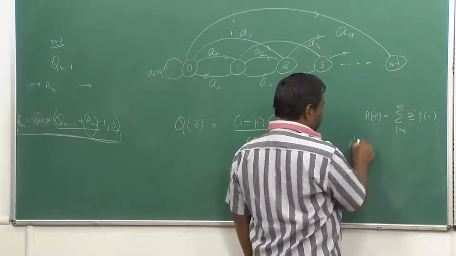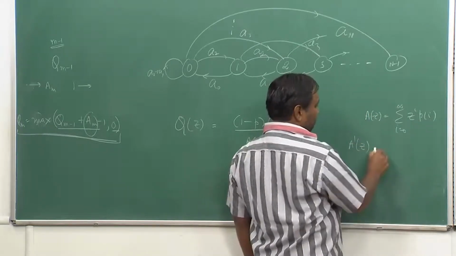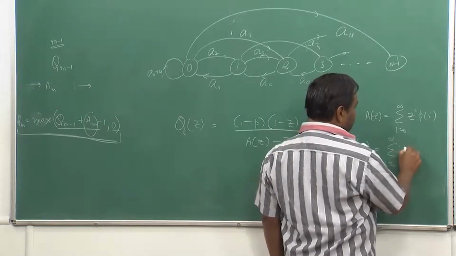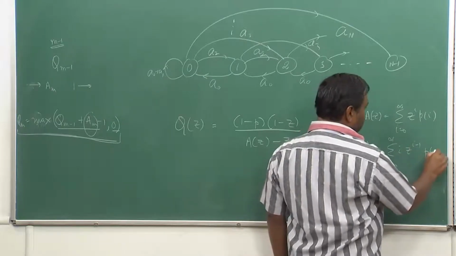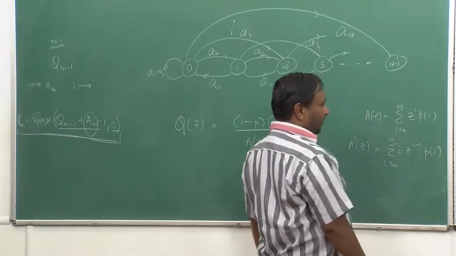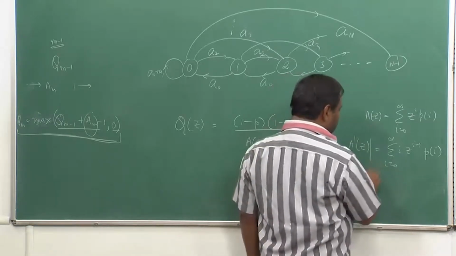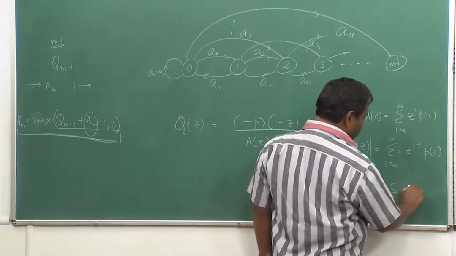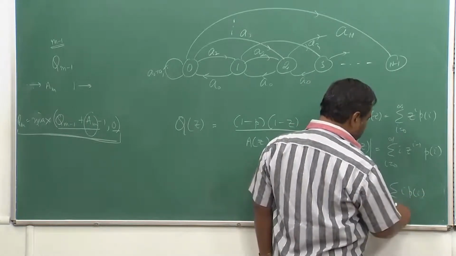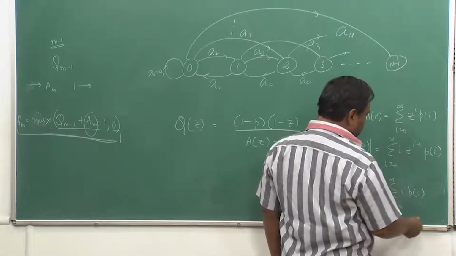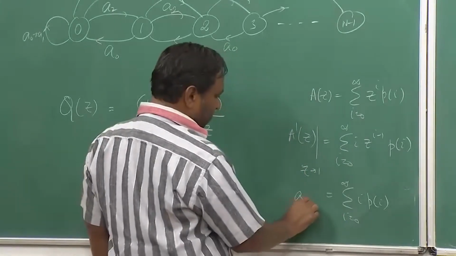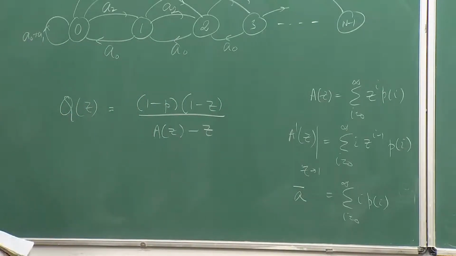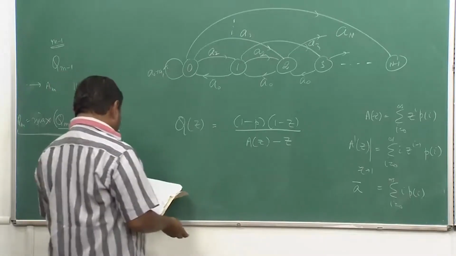If I take this derivative, then I will get i z raised to power i minus 1 p of i, and if I take z limit going to 1, in that case this will turn out to be, and this is nothing but A bar, the average value. So I can similarly find out what is going to be the average value for the